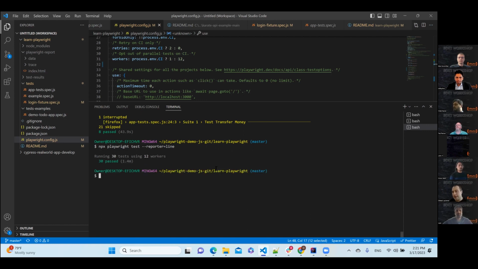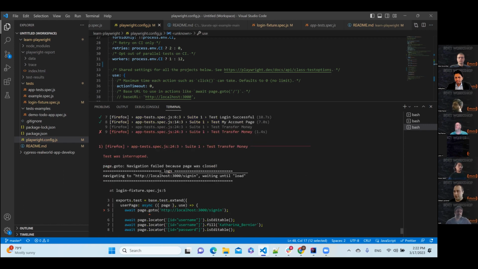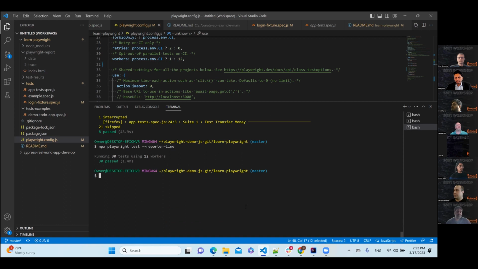But if you need speed, and if you know that test cases are stable and will pass, you can start increasing the number of workers, and it depends on the application. Yeah, if it's a slow application, possibly you need only 4 workers. If it's a faster application, you can use 12 workers. But Playwright is super fast. It depends on the application, but I prefer to use 12 workers if I know exactly that my test cases are super stable and everything is good with them. Okay, now you can see not enough information here, just a list of test cases.